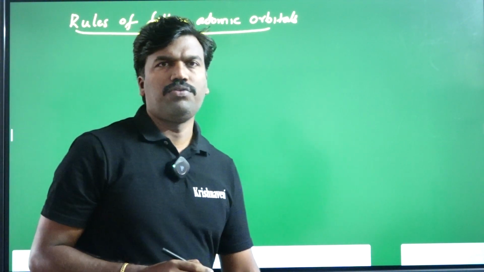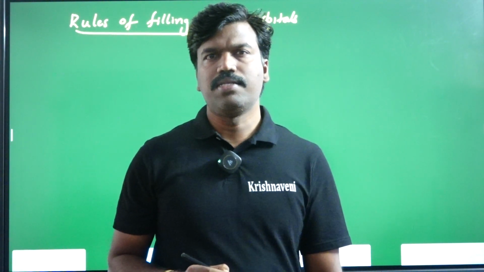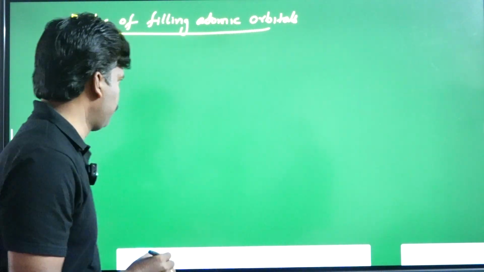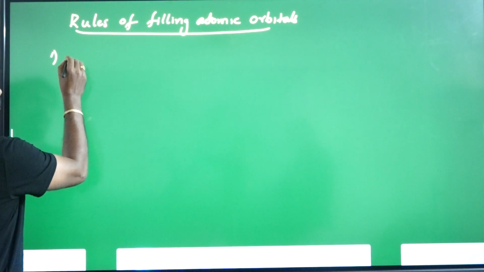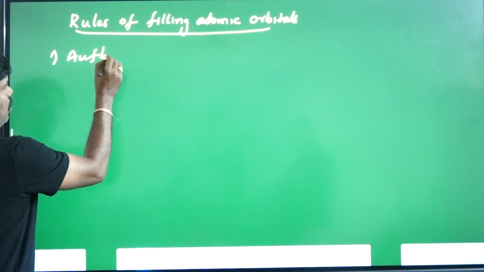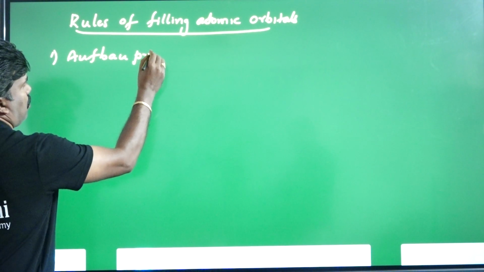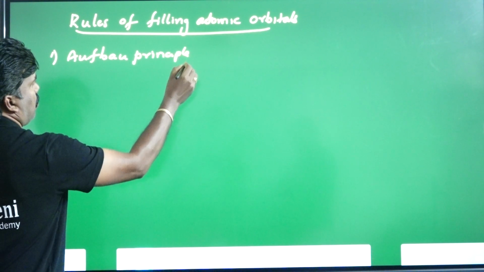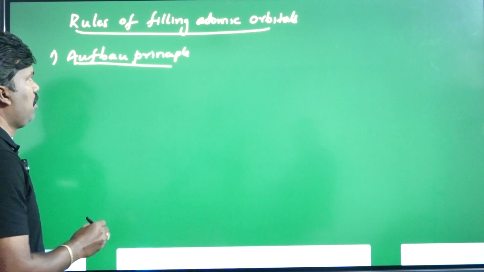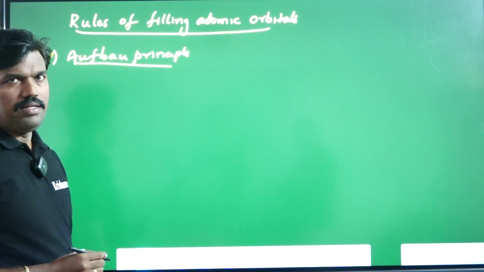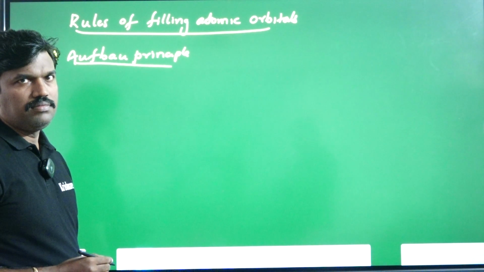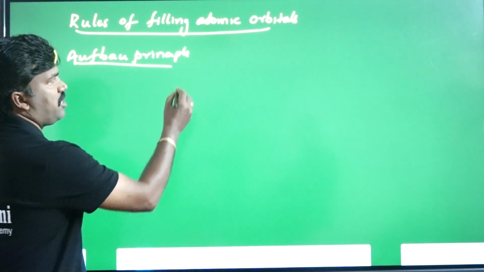There are three rules to fill atomic orbitals. First one is the Aufbau principle. Aufbau is a German word which means increasing order. This principle says that